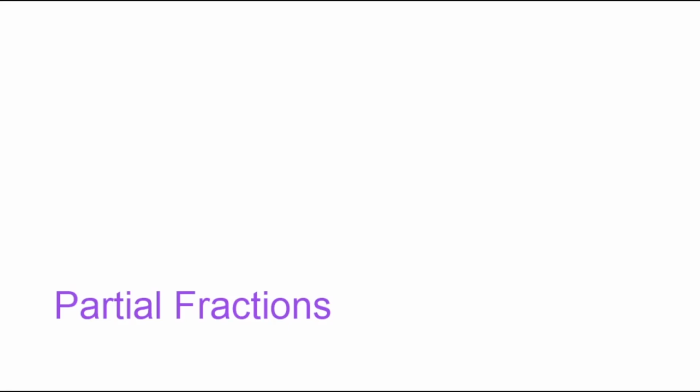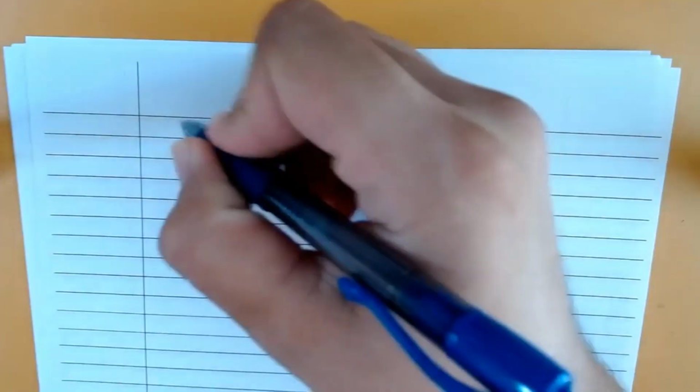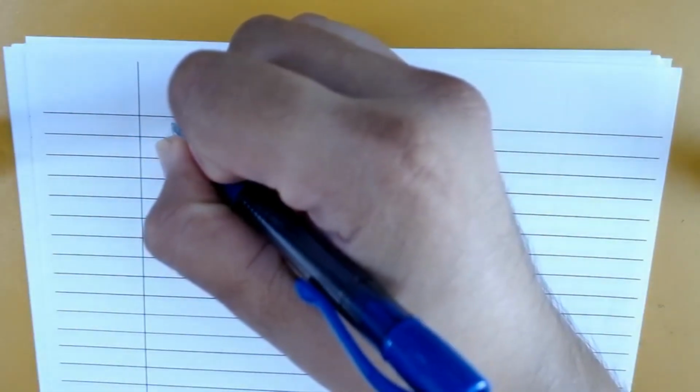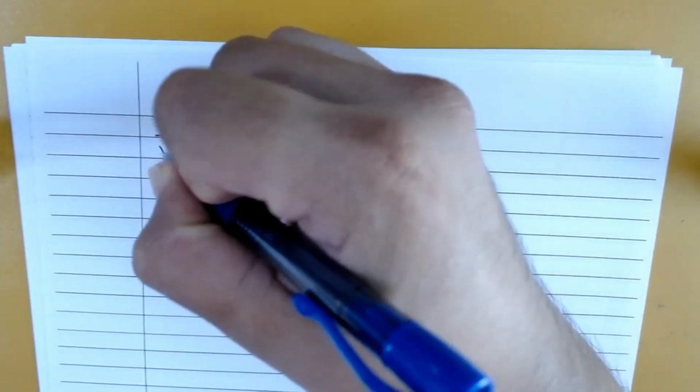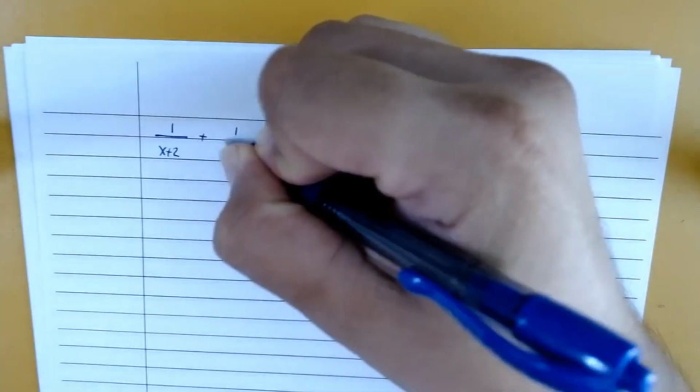In this section, we're going to take a look at partial fractions and partial fraction decomposition. Whenever you have rational expressions, they are treated essentially as fractions. So when you add them, you can simply do so by finding a common denominator and then combining like terms. So for example, if you have 1 over x plus 2, and you wish to add to that 1 over